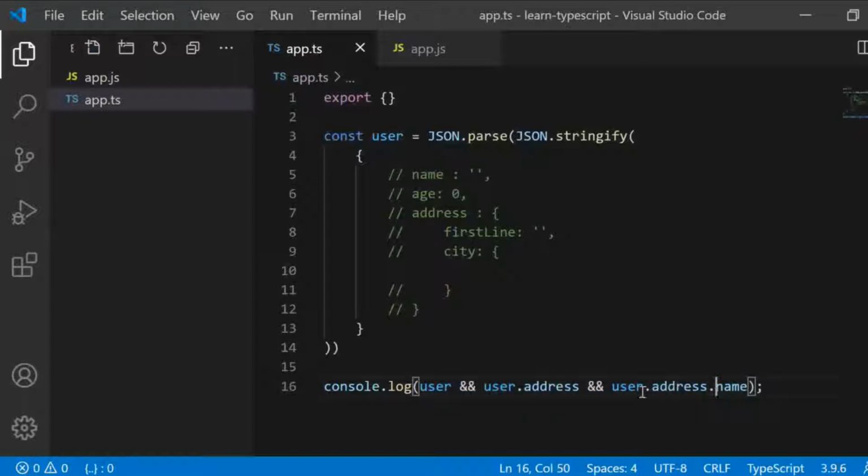So to prevent that, you can directly write this with this question mark. What this means is you are checking whether this property is available or not. So only if this address is available will you try to print this first line. In the other case, you can print a generic message like address not available. Okay.